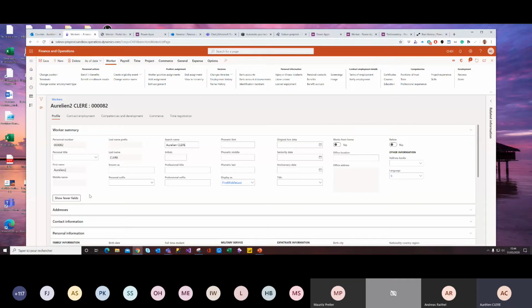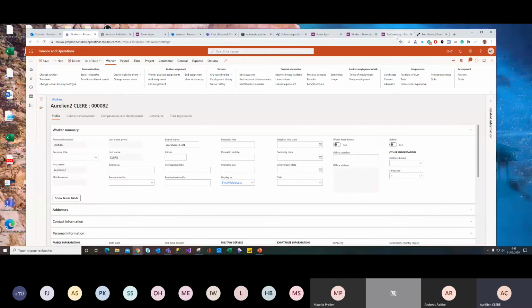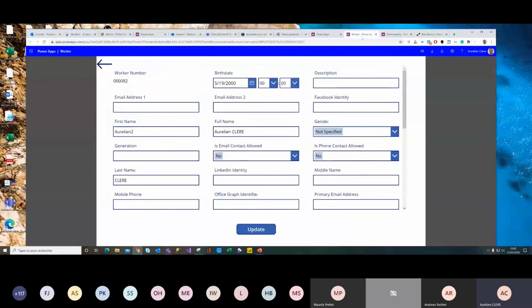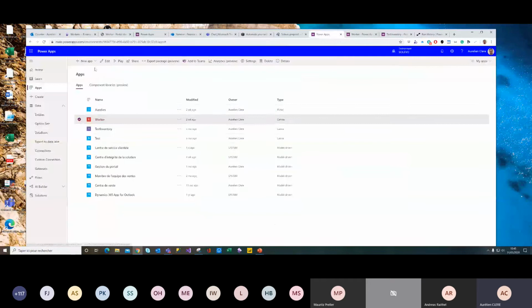So really the Power Apps can also handle an intermediate step with a flow, that can be the first step before creating customer master data in your finance operation. And really you can create a lot of new applications with that. And now we can push your Power Apps application directly to Teams also. So we have a lot of new features that are coming this year. So really great for that.